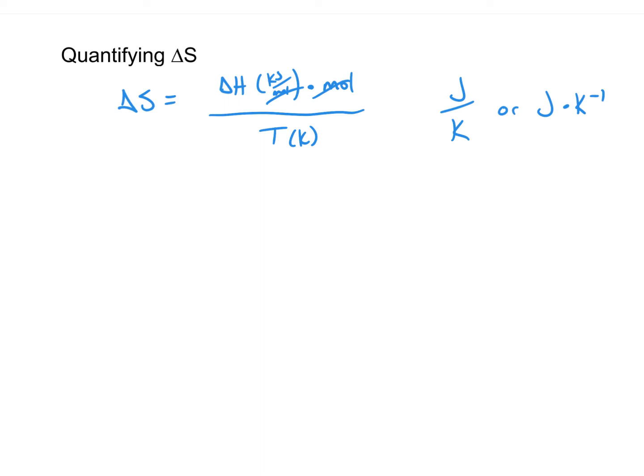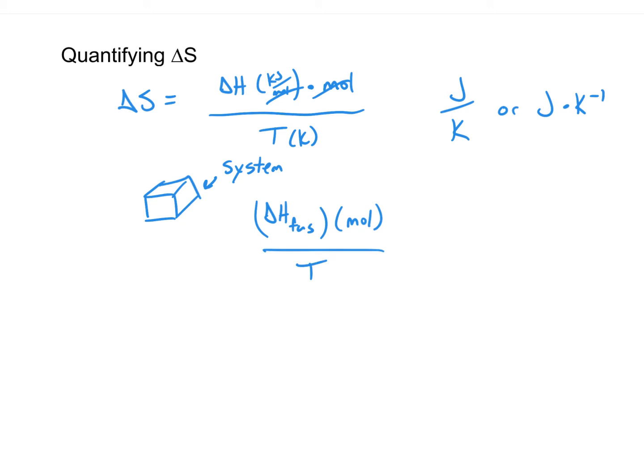Well, how does this work? Well, let's take an example. In fact, this is right from the book, so if you read the book, you know what's about to happen. But let's take a piece of ice. That ice is the system. If we take a look at the enthalpy needed to melt the ice, which we call the heat of fusion, multiply it by the number of moles, and divide that by the temperature at which water fuses, then we can calculate the entropy of melting ice.